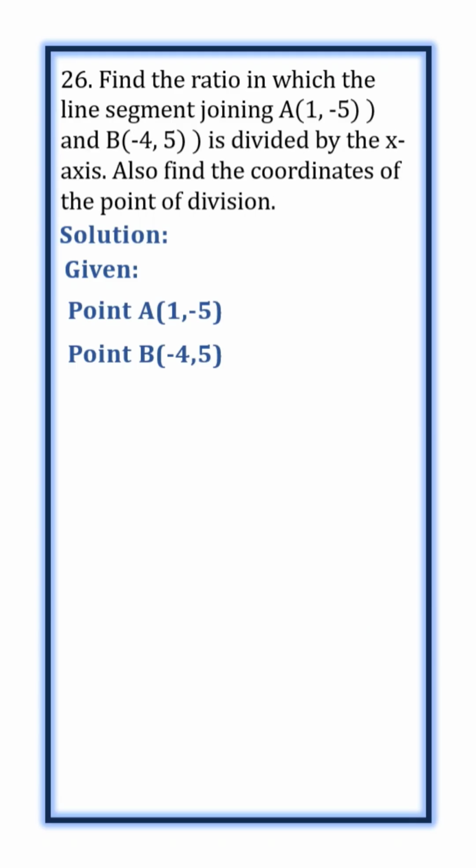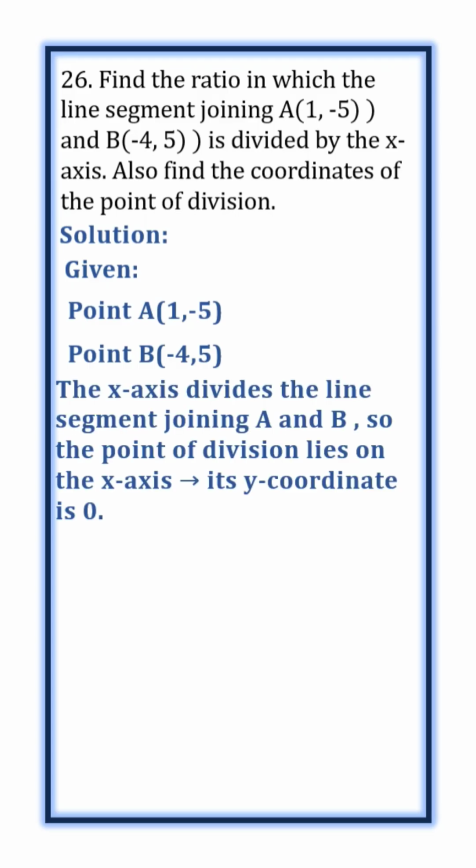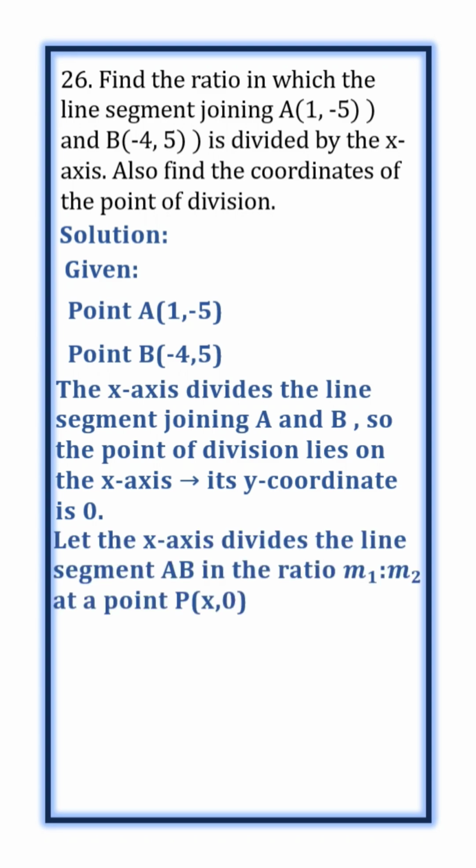So now we can solve it because we have visualized the problem here. Now the x-axis divides the line segment joining the points A and B. So the point of division lies on the x-axis. Through graph paper, you have understood this one. Its y coordinate is 0. Let the x-axis divide the line segment in the ratio m1 is to m2 at the point P (x, 0),